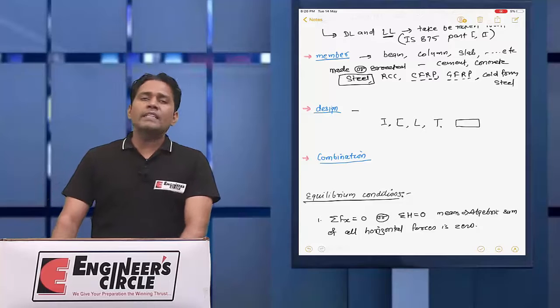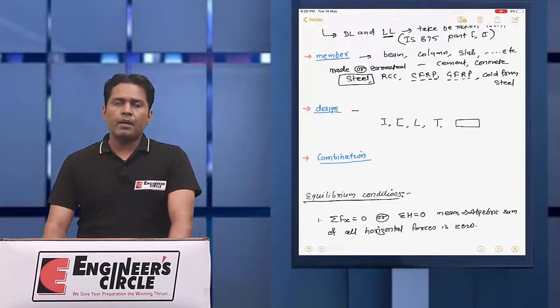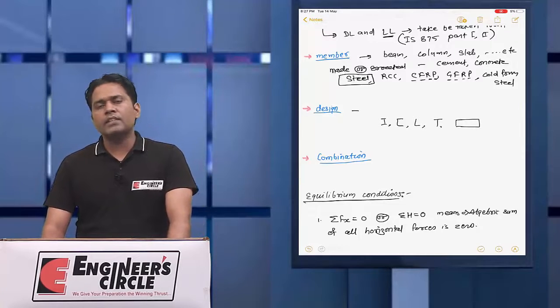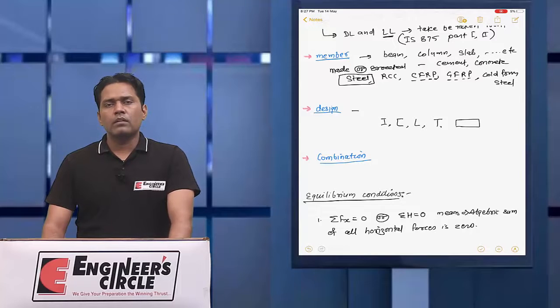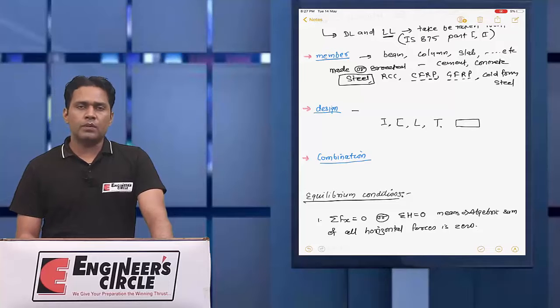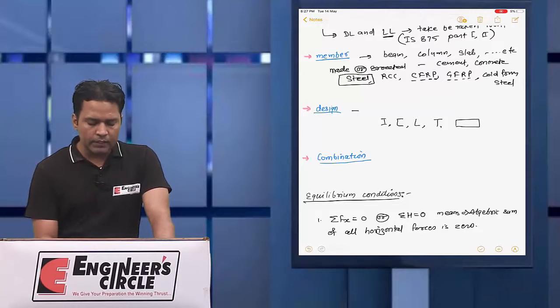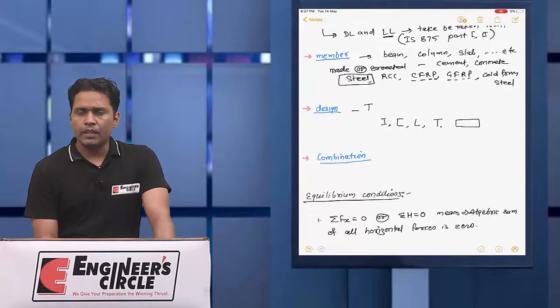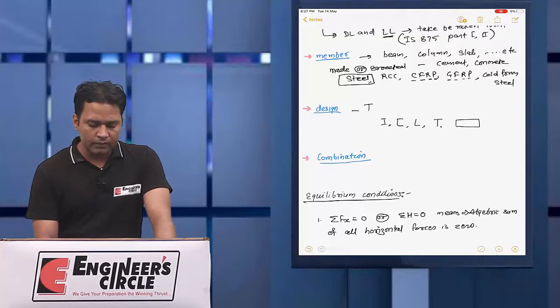Among all these sections, you need to select the one that is suitable for the given load and situation. So design here is just selection: selecting a suitable section.